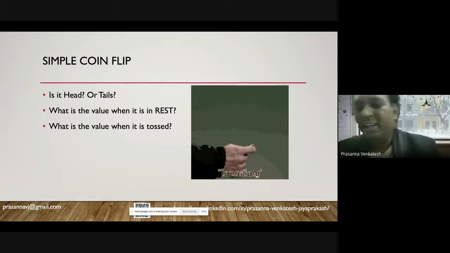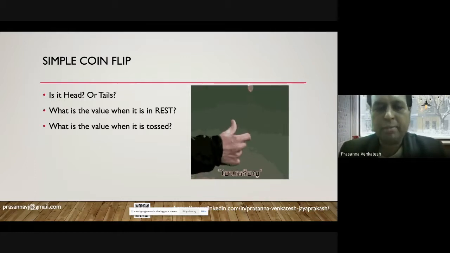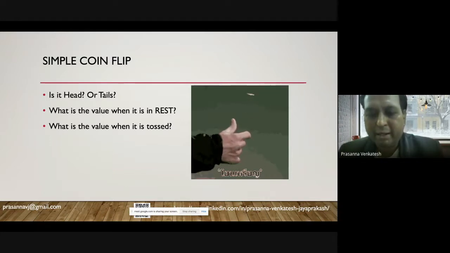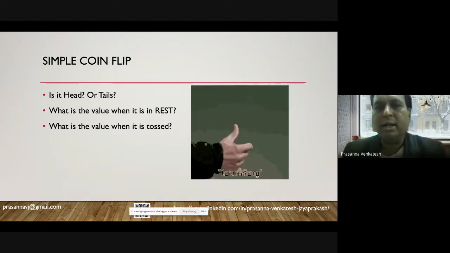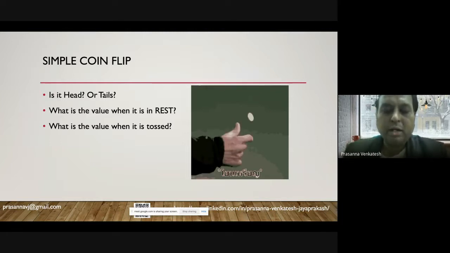Sure. Okay. So all those with a mathematical background will tell you that it is a probability. It can be head, it can be tail as well. It depends on what probability we think about. We are talking not about the probability after you receive the coin down on your hand, or before you start tossing.